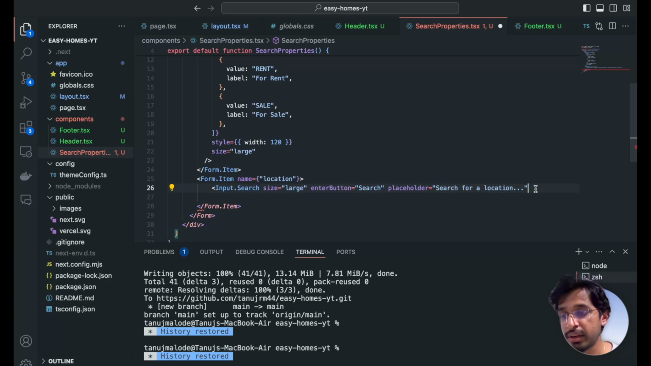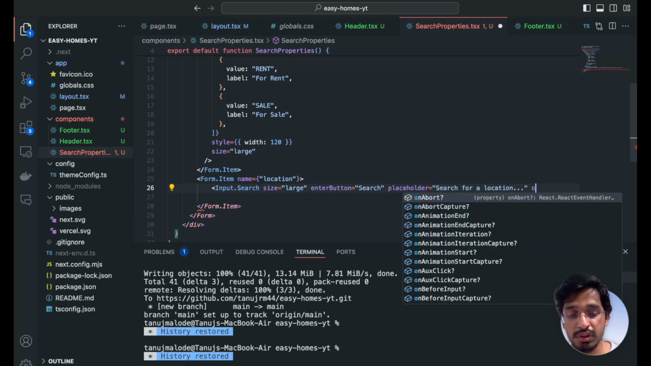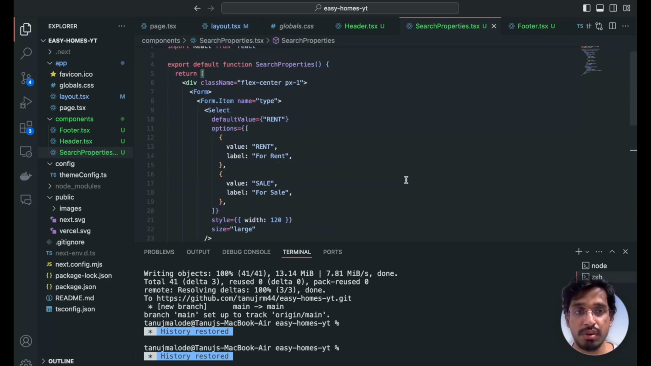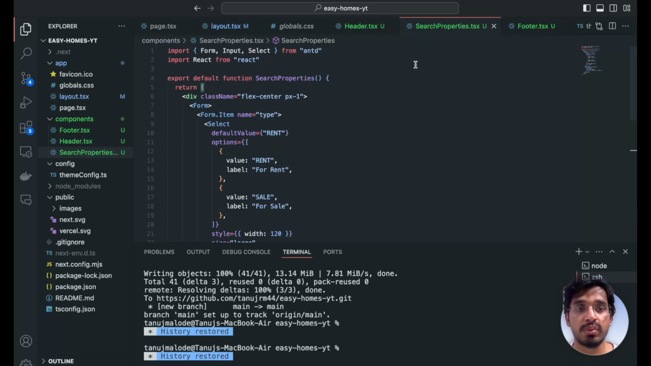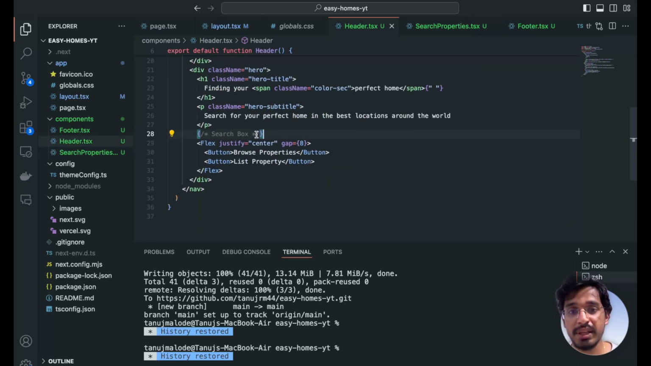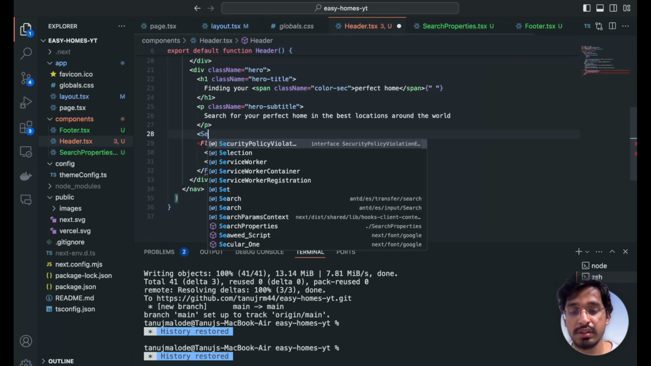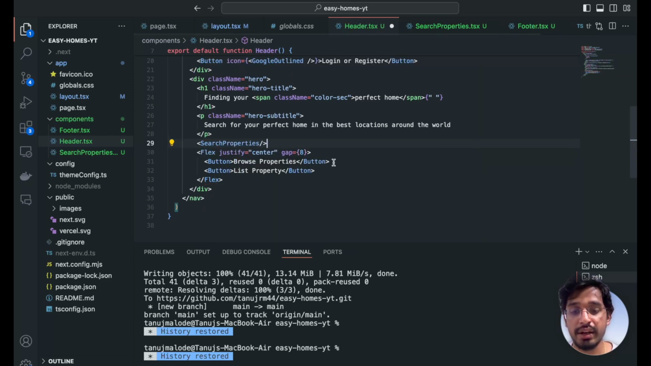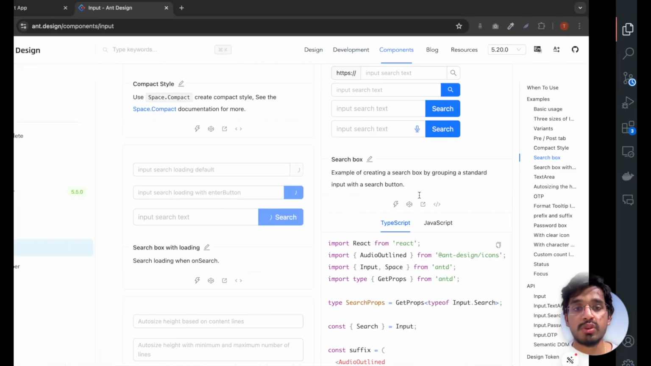Like so, and then give it on search prop. Okay, and maybe we can just do this later because we are not dealing with functionality. So we can just close this up, and maybe everything looks good as far as the code. Now we can just import this within our... which component were we building? Header, right? So let's replace this placeholder with the search properties component, and with that saved, we can just go back